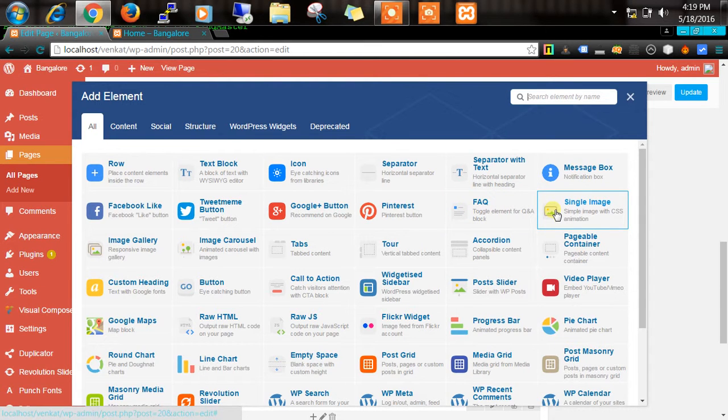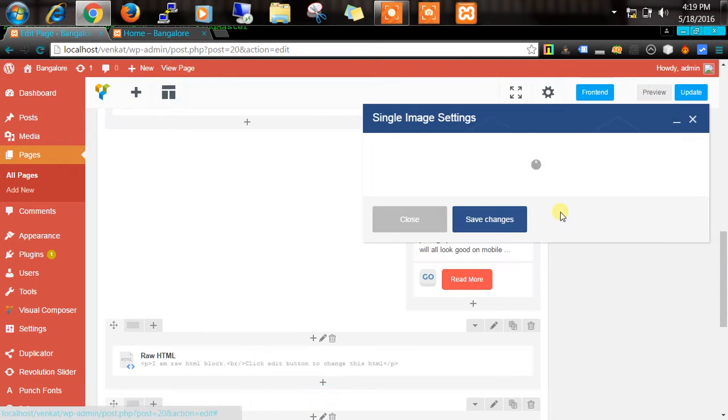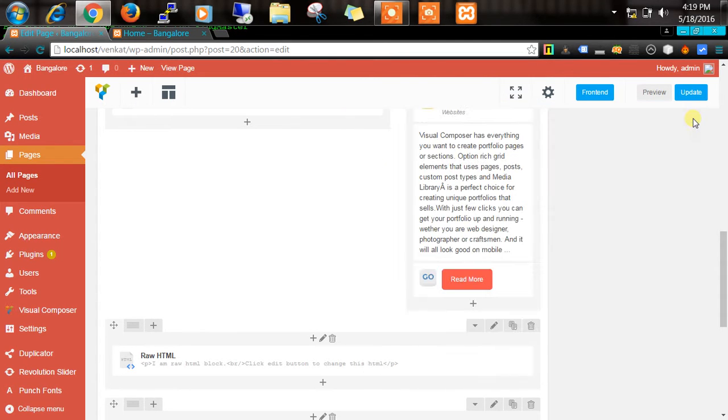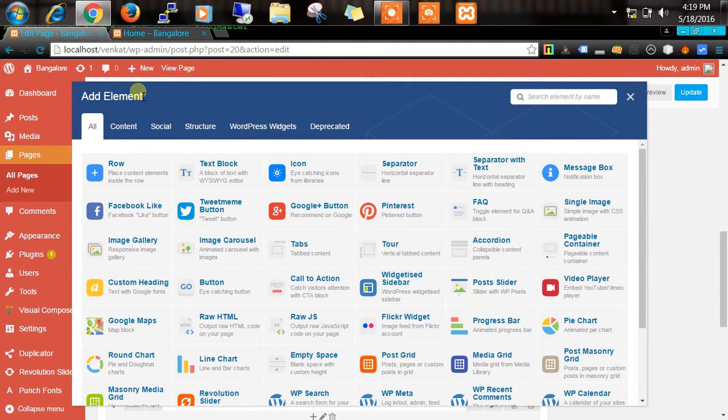If you want to have one single big image somewhere in the website, if such a requirement comes up wherein you need one single image, click on the single image. But if you want a gallery, then use the image gallery. Here you'll have the source of one image only. You provide that and the image will automatically reflect. If you want to add a gallery, instead of using the slider, you want a gallery to be produced directly, then use that image gallery. Close it. Click there. Then you can use this image gallery.